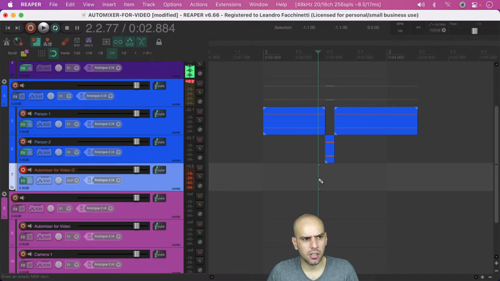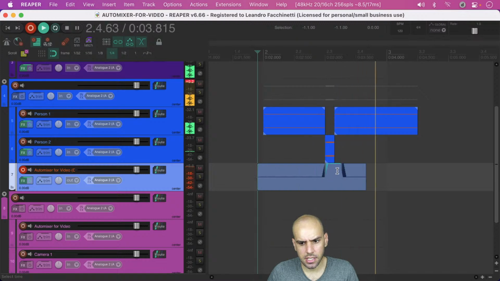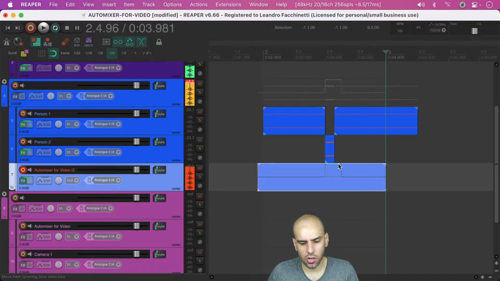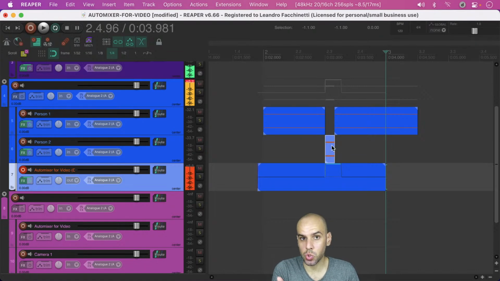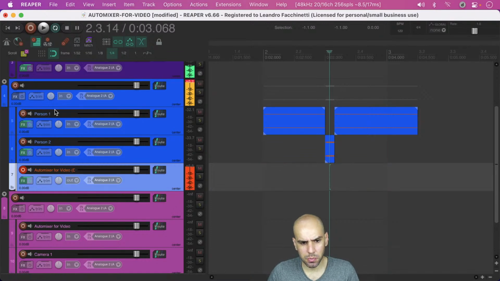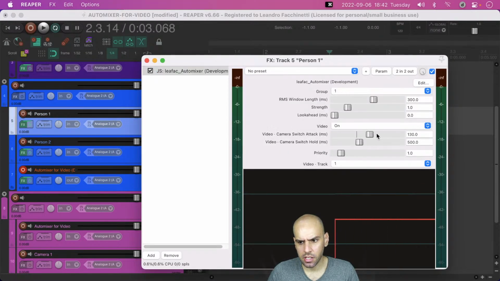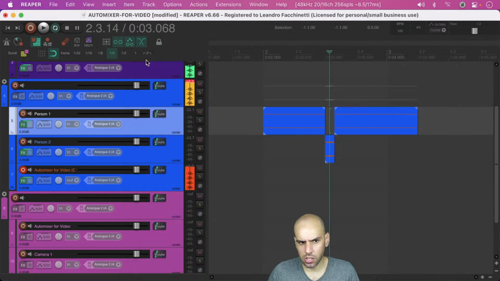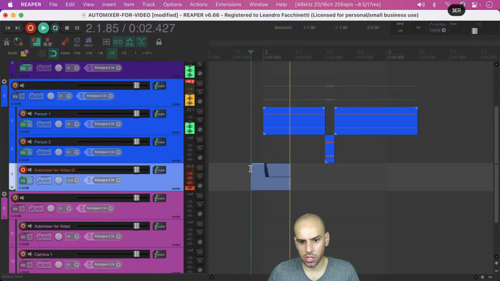Odd. Anyway, what we want is to have this little period here extend. If we make the hold large, we want this to extend for a long time. So we will be showing someone who is not speaking at that point, but that's just because we have decided to switch to their camera, so let's not switch back so fast. I do want to play around with the different attack lengths, because if it is long enough, then we should not switch to this person at all, because they don't speak for long enough.